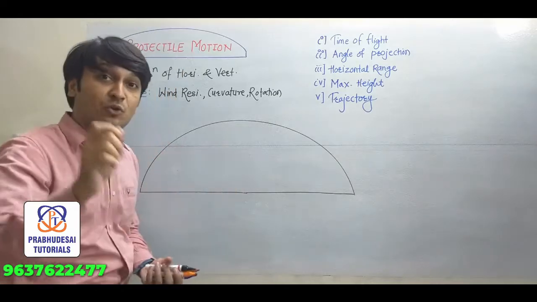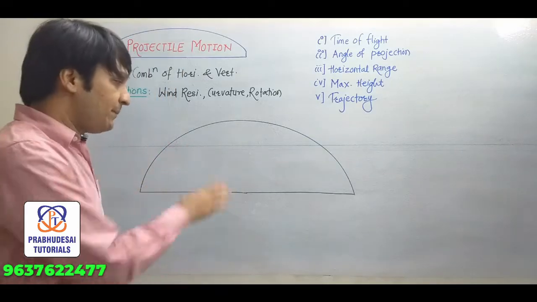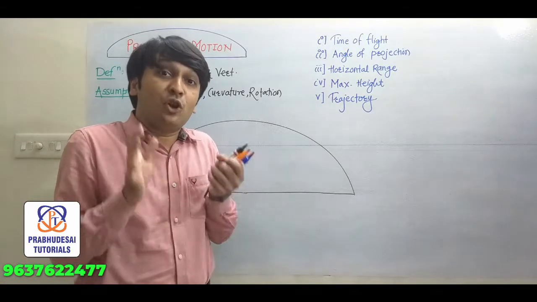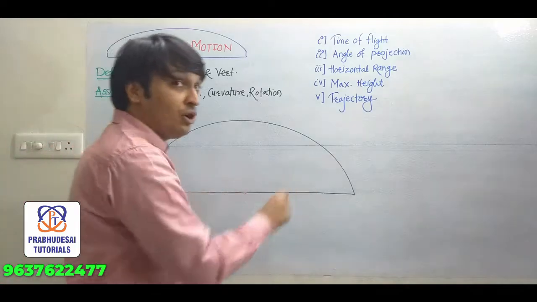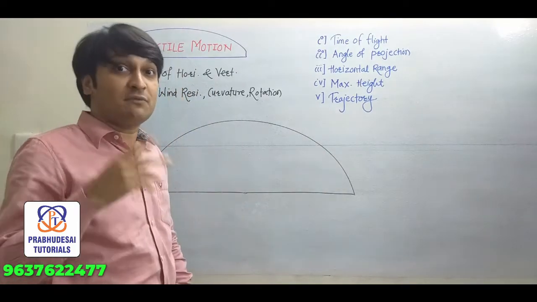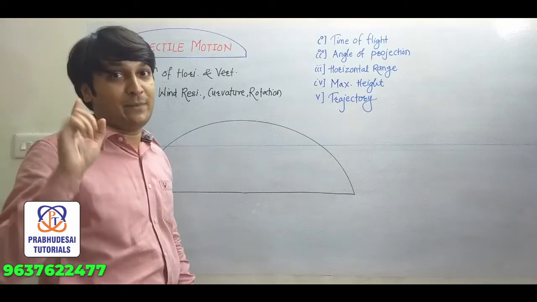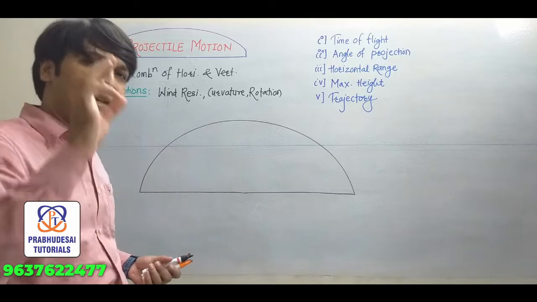Then we will not consider the rotation of the earth. Why are we not going to consider it? Because the problems are for a limited time, not for flights. For example, if a flight moves from Mumbai to New York for 12 hours, then the earth will rotate around its own axis as well as around the sun, so there is a change in the path. Remember this. But we are not going to consider these three things right now. We are considering a basic projectile.